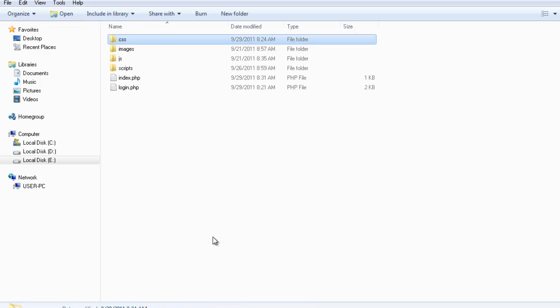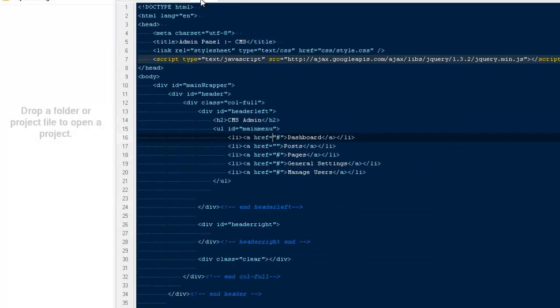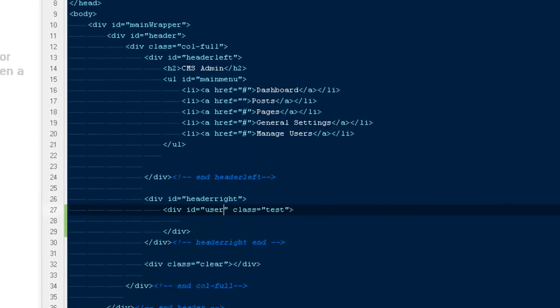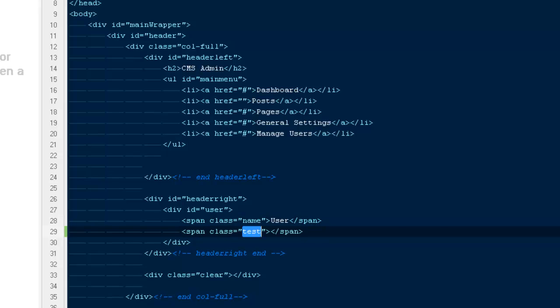So back to my text editor. On the header right, I'm gonna say div ID user. User function. No, okay, let it be user. Then I would be having a span class name. Let's say user is logged in right now, and I would be having a span class settings. I would be using some kind of an icon, but right now I don't have one. I will find one later. For now, let's say settings. Okay,